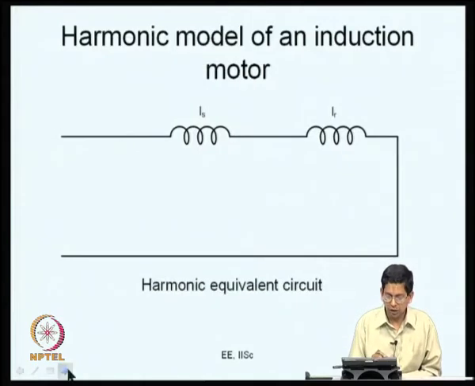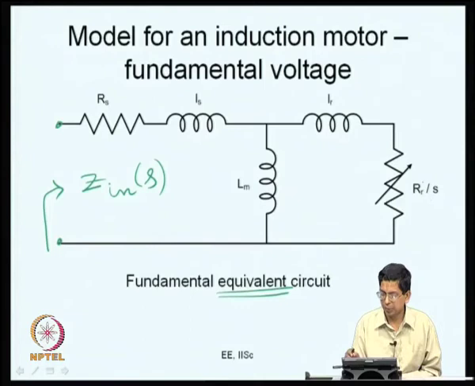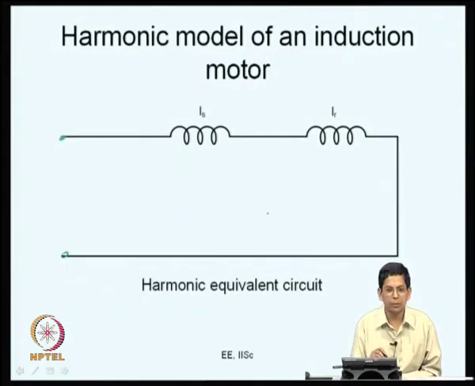On the other hand, instead of the fundamental, if you consider the harmonics, the harmonics see a much simpler equivalent circuit, which is only the leakage inductances. Because for the harmonics, the slip is very high and therefore RR is very small. Therefore, this is basically a short. Now, when this leakage inductance of the rotor comes in parallel with the magnetizing inductance, the leakage inductance is small, therefore this dominates, and the reactances dominate over resistances at high frequencies. Considering these factors, the whole thing simplifies to this now.